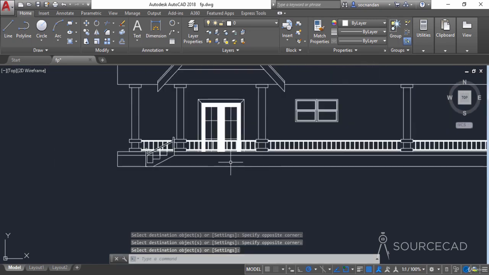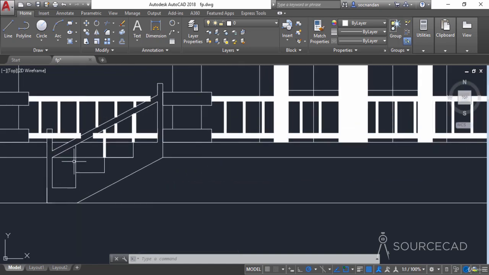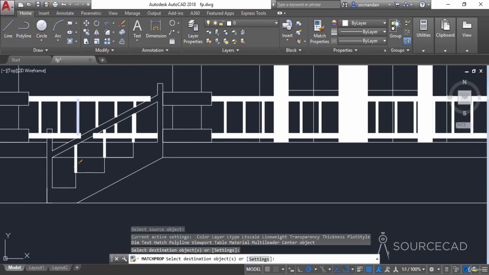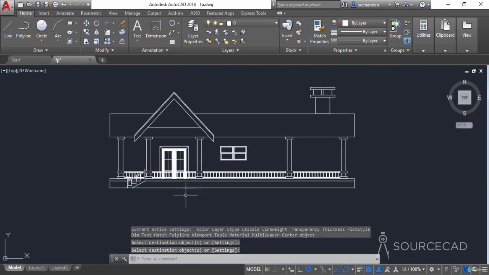All right, so there we have it. We have now added all of these railings and all. Now we can add, okay, we just left that one. So let's type MA, enter. Let's select any one of these and add the thickness here as well. All right, so now we have pretty much done everything here, and we now need to add the final touch,